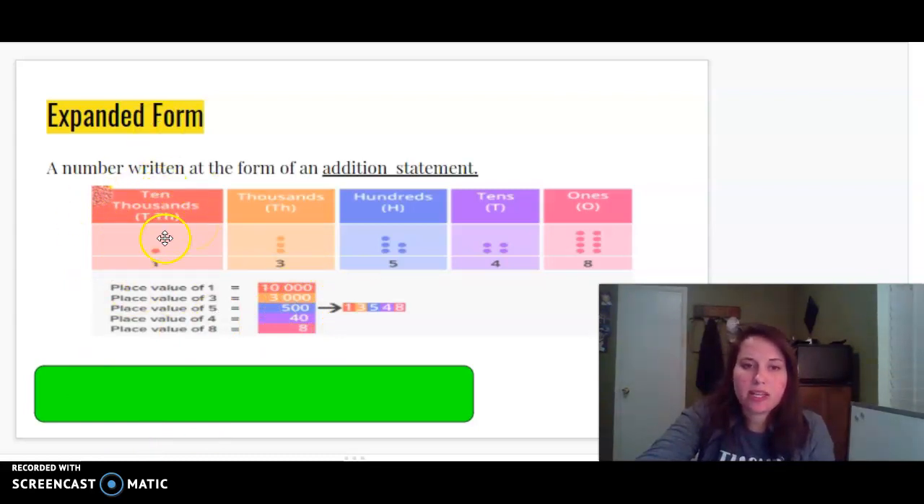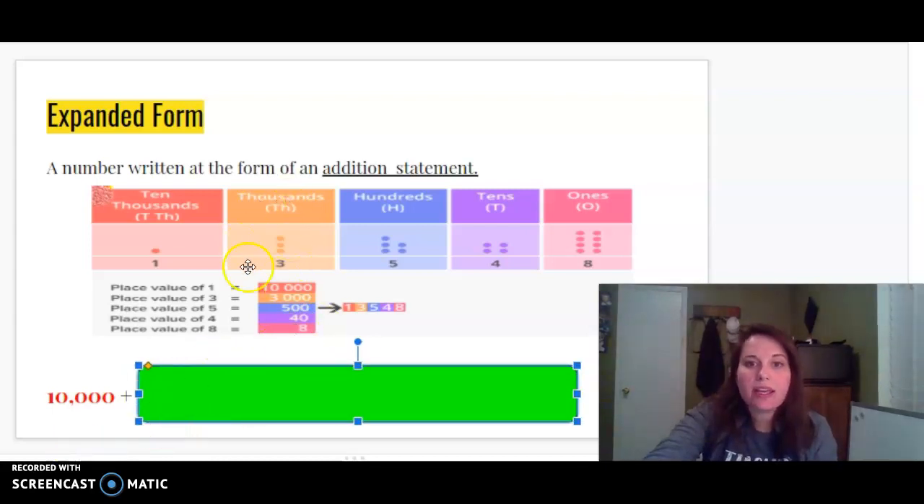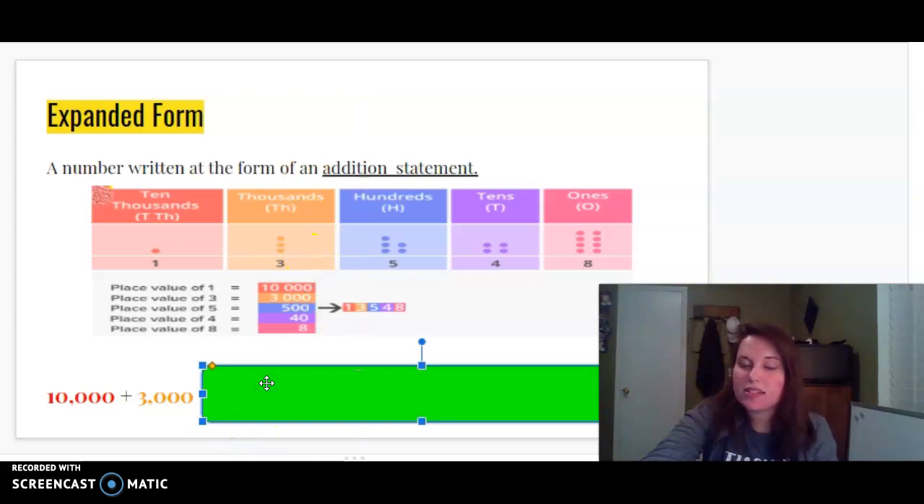So our biggest place value is 10,000s, which we know we have a 1. So if I didn't have any of this over here, let's pretend they're all zeros, how would that number look? Well, it would look like this, 10,000. And since we're doing expanded form, we're going to write it with an addition symbol. Plus, now we're going to move into our next place value, which is the next biggest, which is thousands. We've got 3 of those. So 3,000s, how does 3,000 look in standard form? Just like this. 10,000 plus 3,000 plus